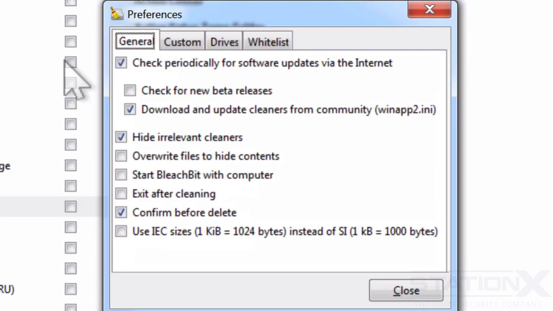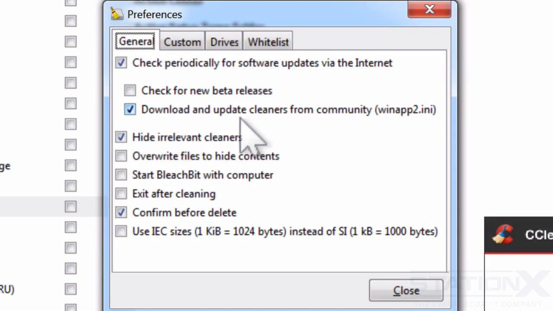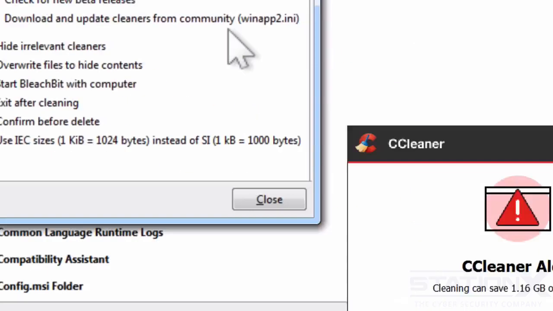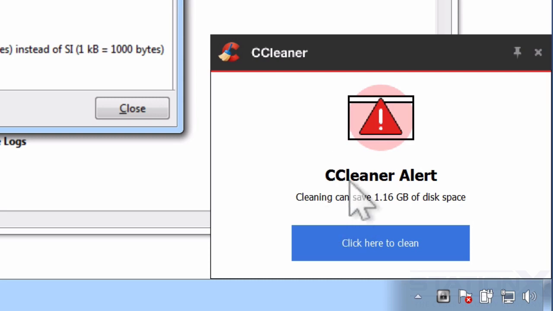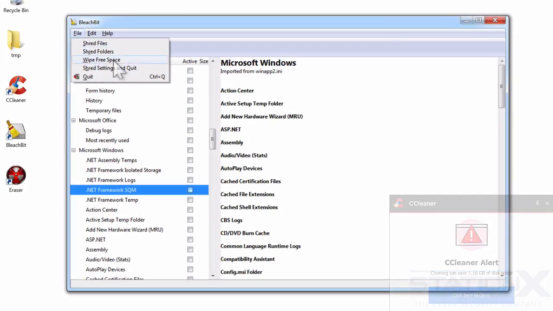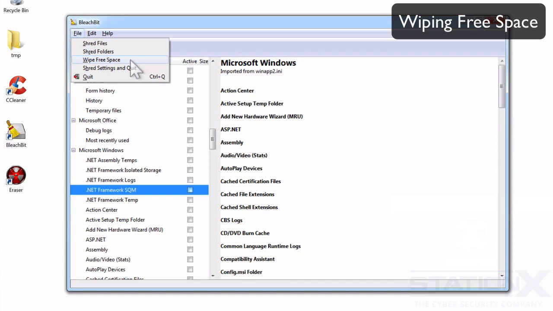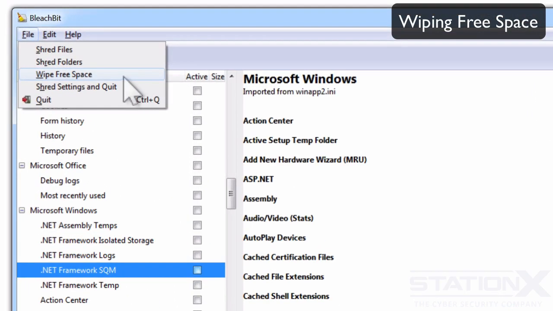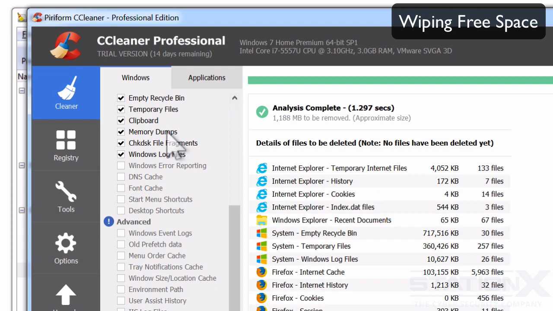Go on Preferences here. You can see we've got this download and update cleaners from community. You can see this cleaner alert here. This will pop up with CC Cleaner asking you if you want to clear disk space. So if we go on here, File, we can wipe free space. So that means any of the space that is on the disk that is unused or allocated as unused. So that'll be where files have been deleted but still exist on the drive but are marked as unused. We can wipe the free space. And that's where you can do it in Bleach It and CC Cleaner